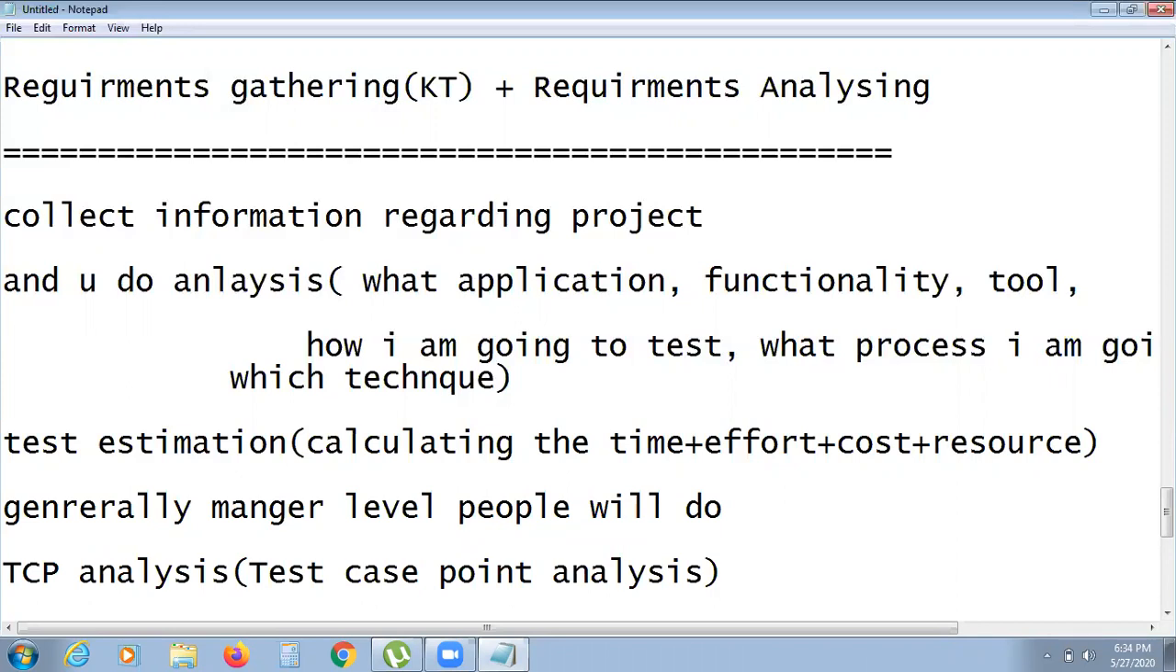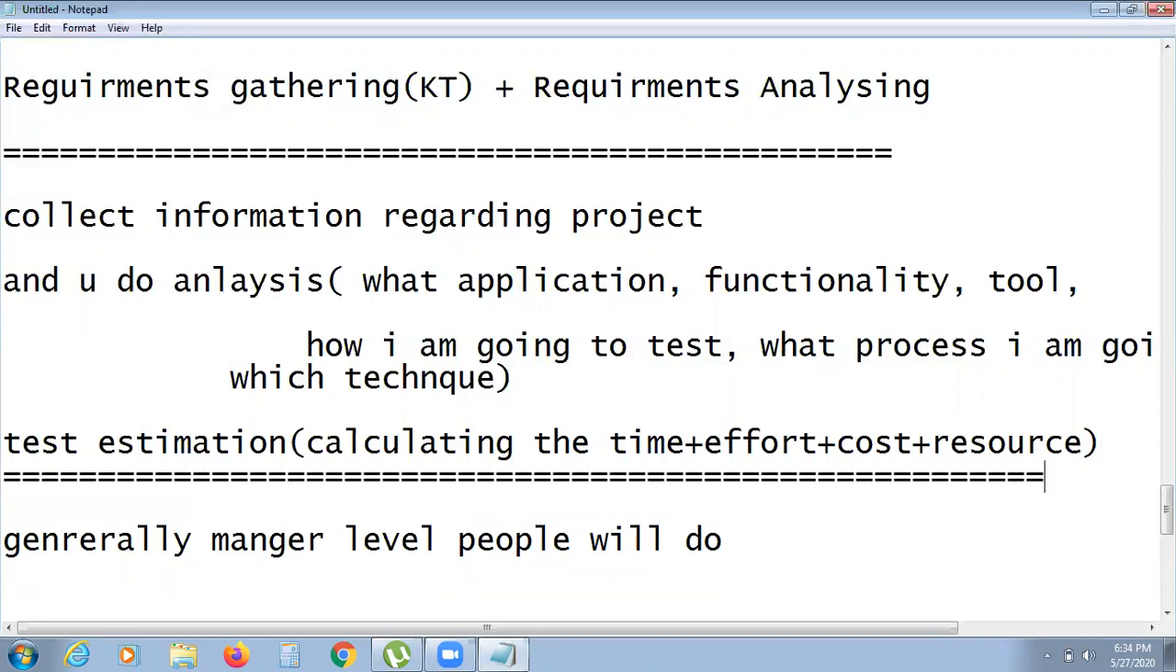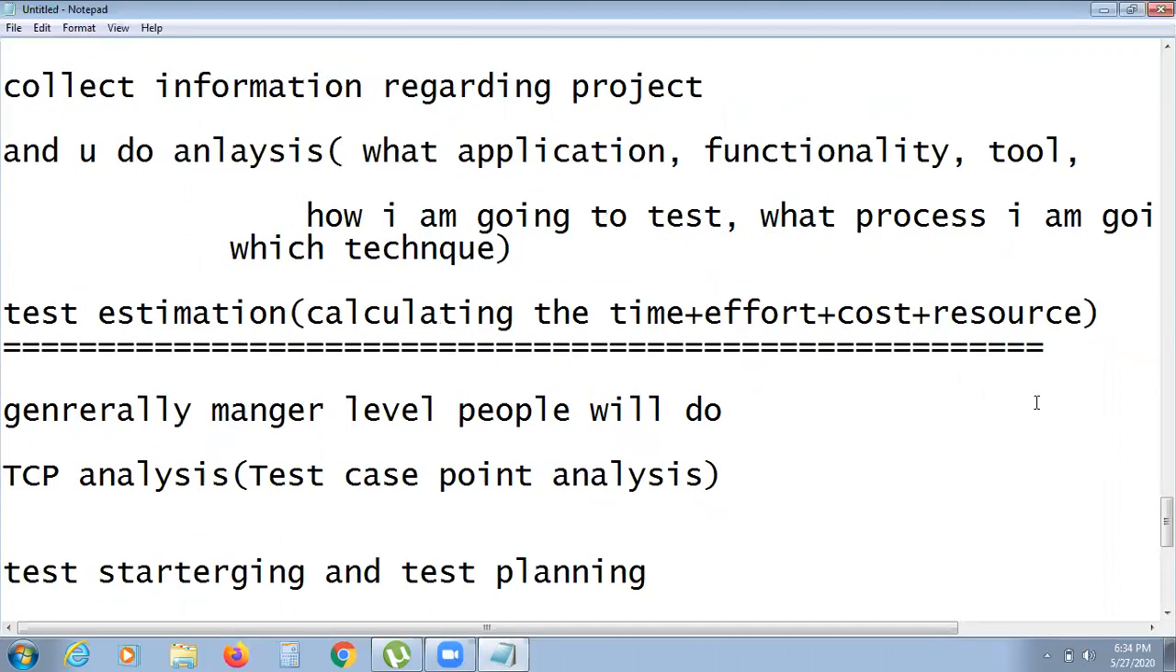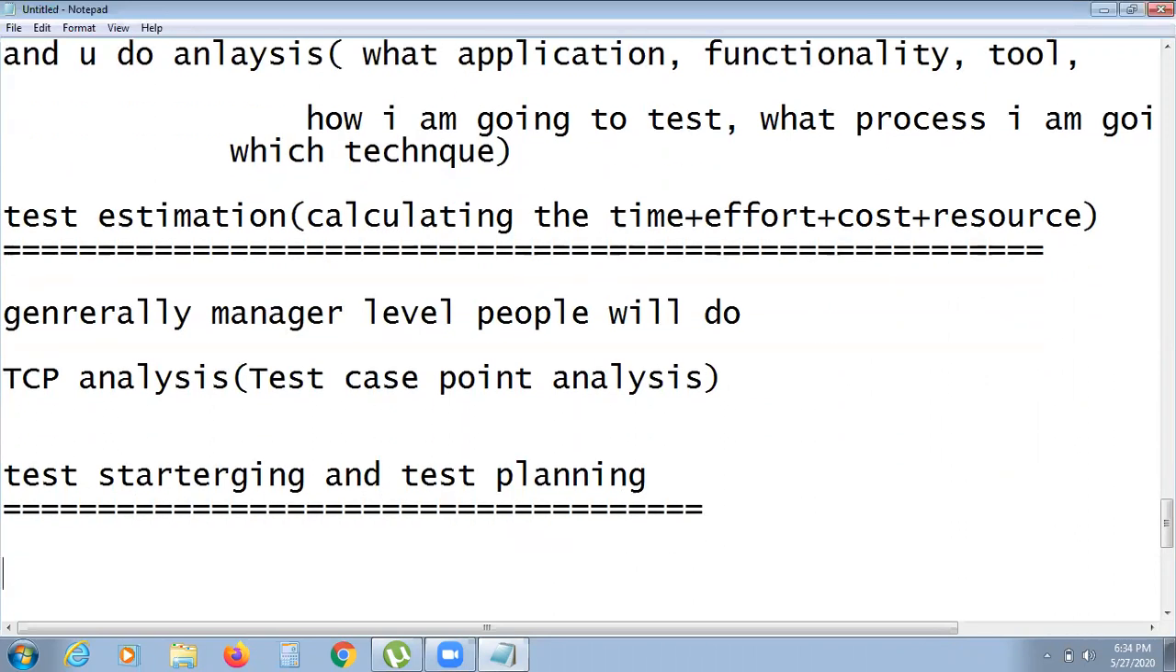Test case point analysis. So we'll do the estimation, they will do this. Okay. So manager level people will do it. Next, right? Test strategy and planning. Okay, test strategy means